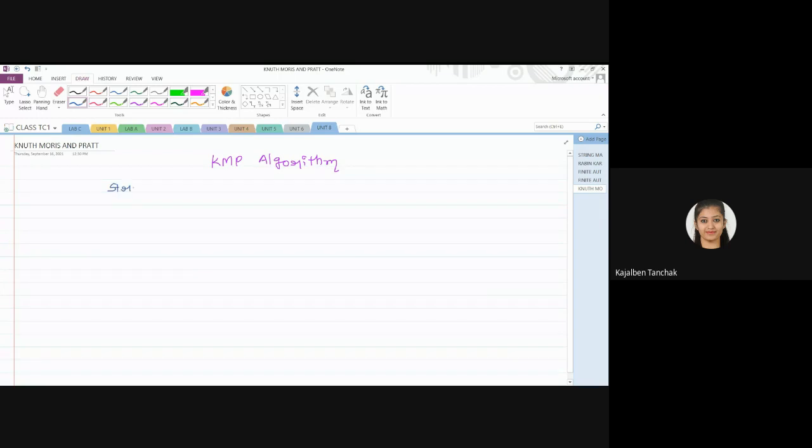Suppose there is a string and one pattern is available, and the pattern you have to match is DEF. The aim is to find whether this pattern is available in the string or not. If it is available, then you have to return the index. Fine, so if you use a naive approach,